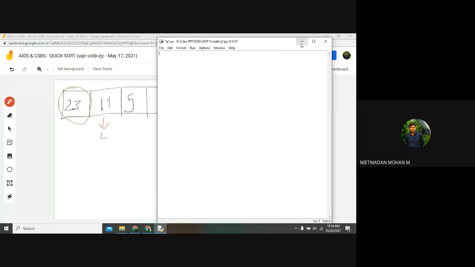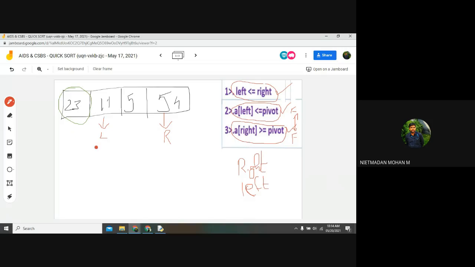And one more thing here, the program will be divided into three parts. One will be the main function. In this main function we will call one function, the swapping function, which checks the condition and does the swapping operation. And after that, we are going to use another function, known as the recursive function.